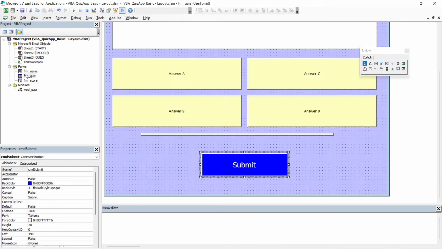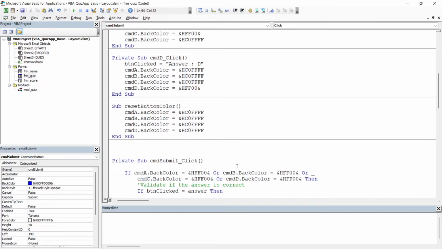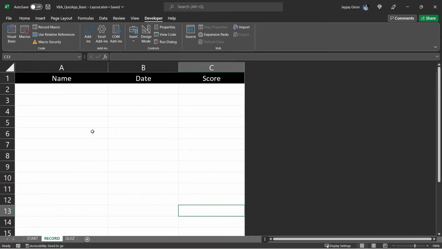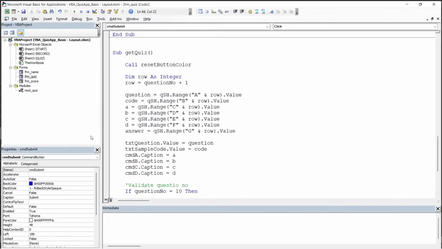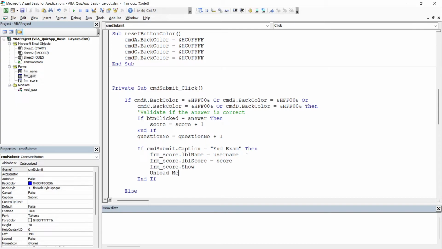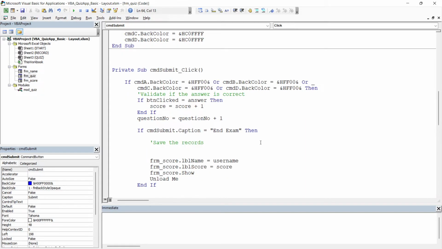And another thing before I forgot, we also need to save the quiz record to our record worksheet. So to do that, we can do that after ending the exam. So save the records, and that worksheet is the RSH. We need to get first the next available row. So next row as integer,